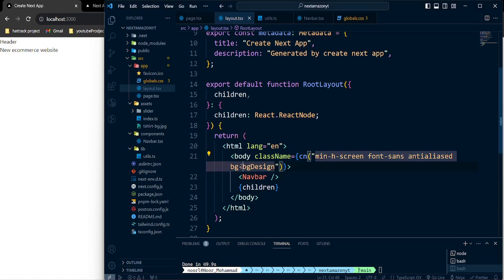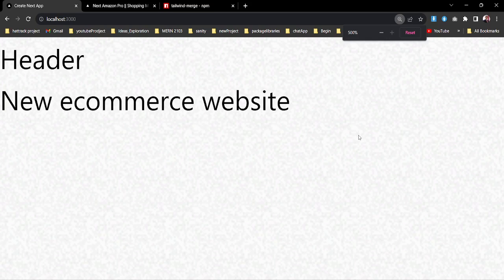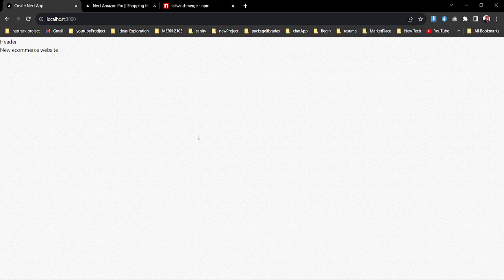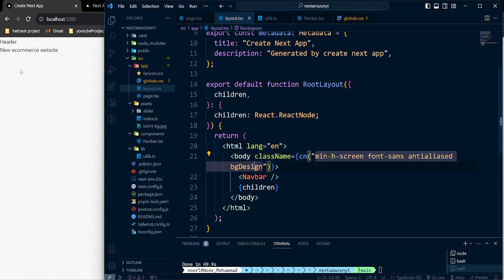Or it will not be bg, because remember we are just injecting a class name, right? So it will be bg design initially. As you see, that's actually a background. If you make it bigger, you can see the tiny bit of dots, right? It's not so wide, but it's actually having a design. But now